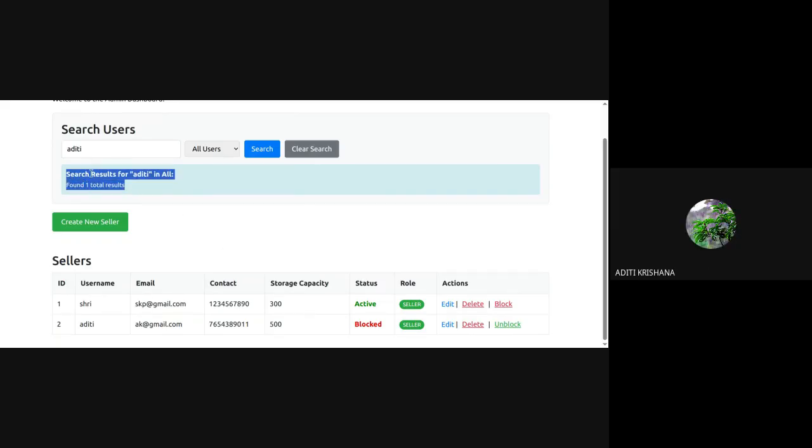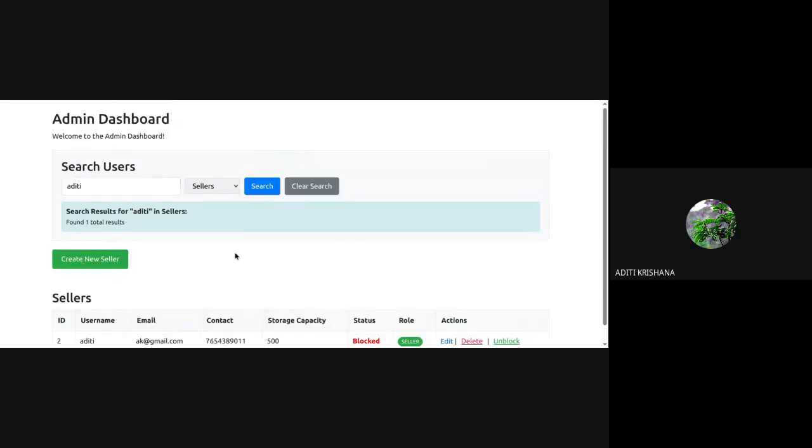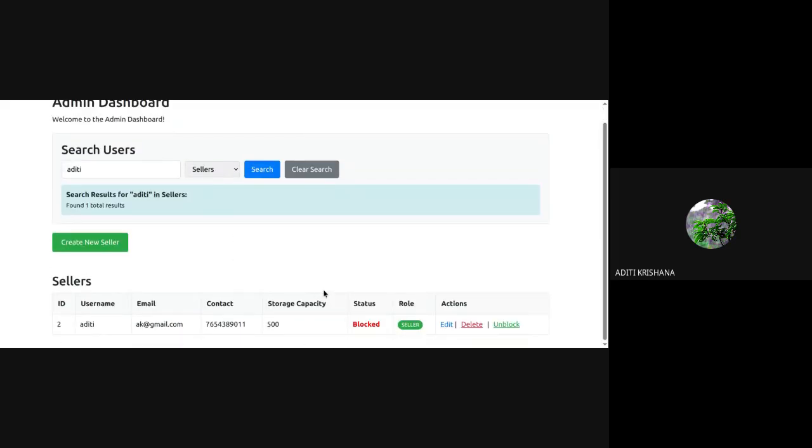So that is the problem of my code. I have not written that in the all option. But whenever we select a particular role and then try to search, then only that data is shown. It is doing the absolute search. So don't give all in your functionality. Just give doctor and patient. I have just given one extra thing, that is all users, and that is also not giving the correct result.